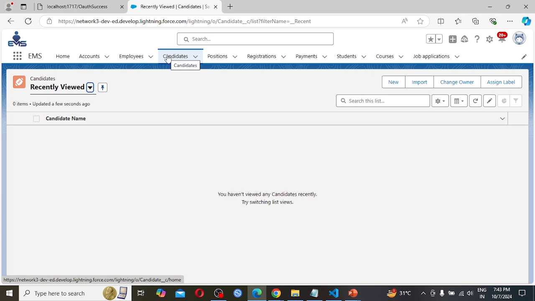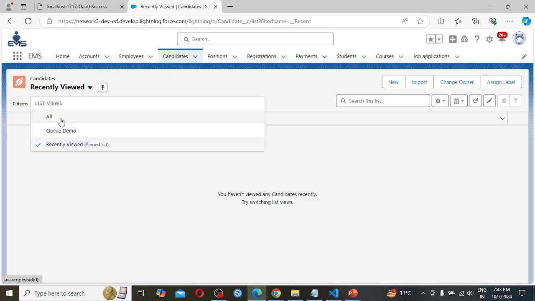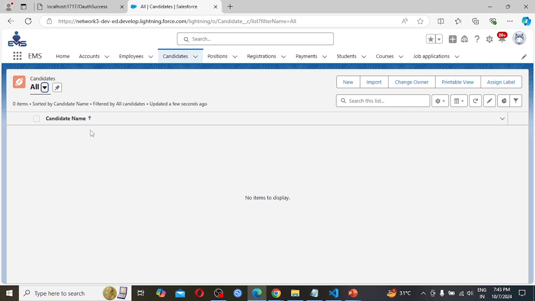Actually, in this candidate object, user A is not the owner of any record. User A is not the owner of any record means user A had not created any record, so he is not able to see any record.